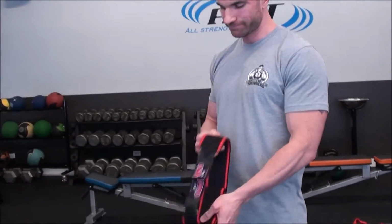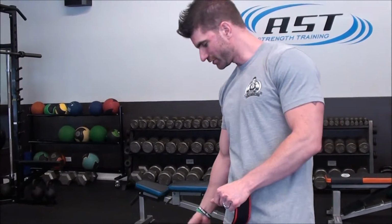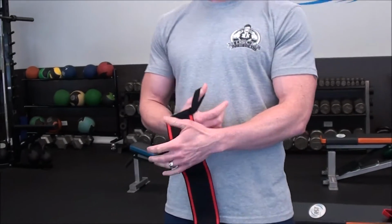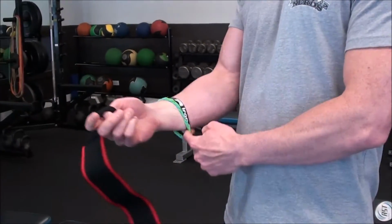I wanted to do a quick video on how to put on wrist wraps correctly. I've seen people get this off a little bit. There's a few ways that you can do it, depending on what you're trying to use them for. But for just a typical wrist support during pressing exercises, you want to make sure that you get a decent